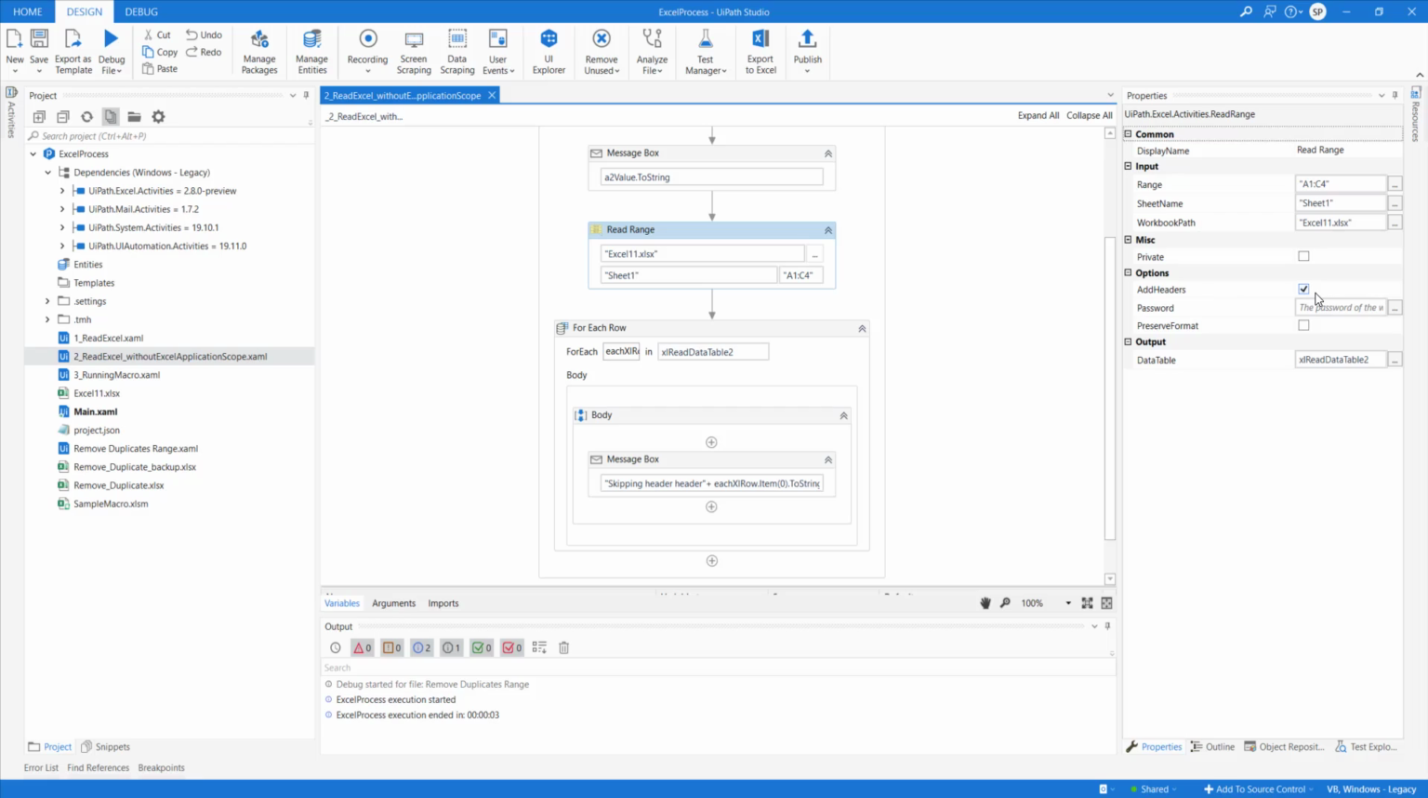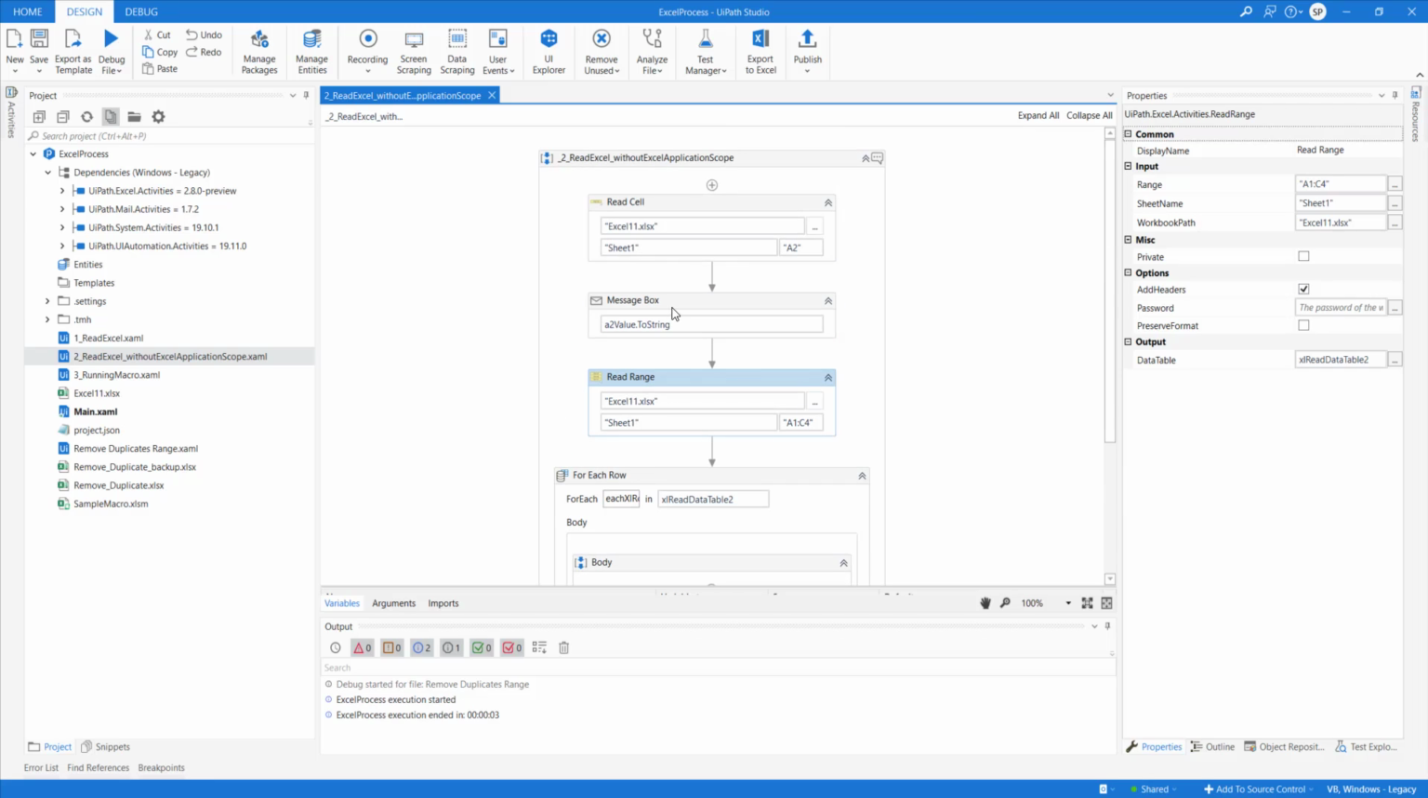Add header, when you tick this, that means it will automatically process the first row as a header, and they'll become titles, right? When reading the data. If you do not select this one, everything inside the workbook or worksheet will be read as data only, no headers. Okay, so let's quickly run this